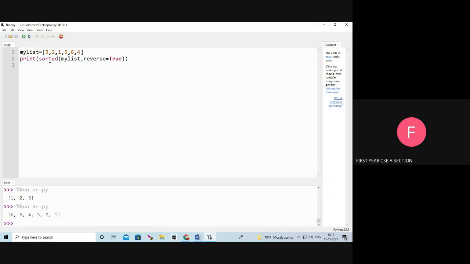Here we are using sorted of my list, comma, reverse equal to true. We are going to sort the elements in descending order. See the output 6, 5, 4, 3, 2, 1.